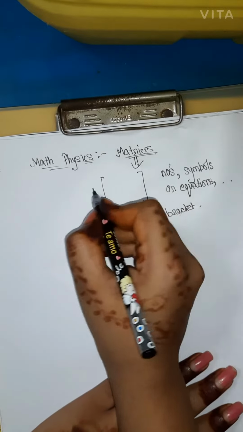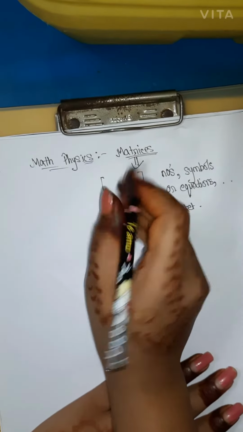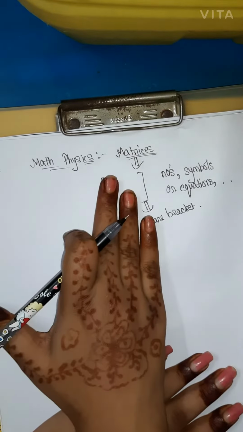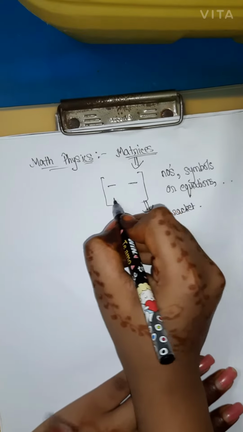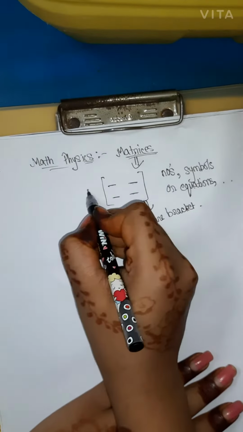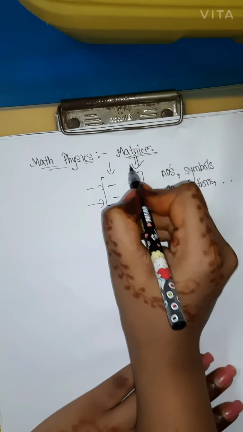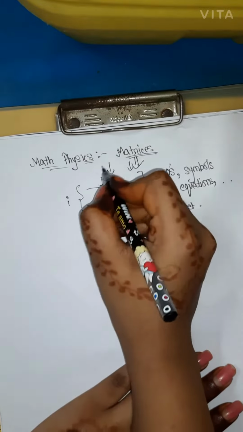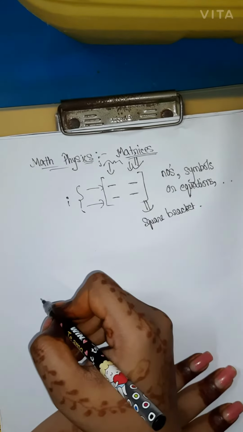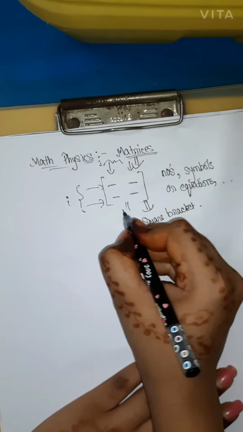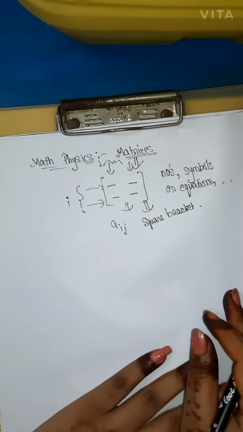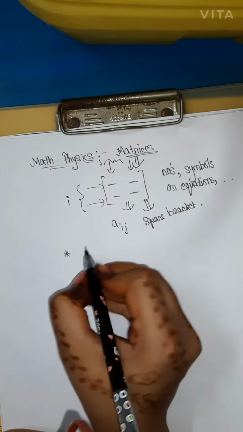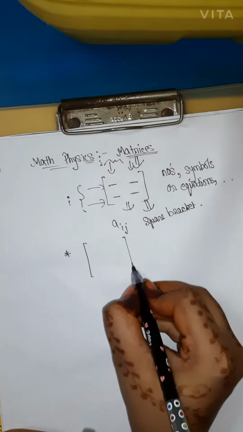So here we will write the elements of the matrix, which can be a number, symbol, equation, expression, anything. Each will be an element. This is the row number and this is the column number. So for row we will denote it by i, and for column we will denote it by j. So these all are the elements we can say as Aij. Clear?